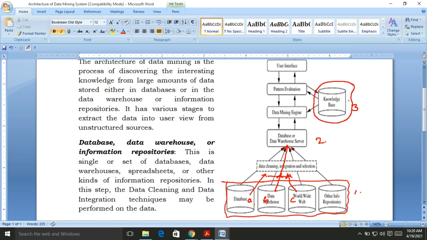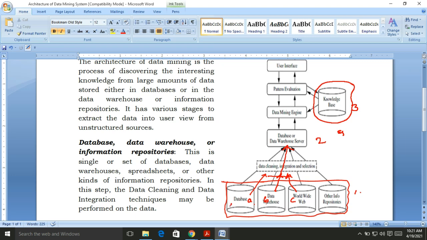The knowledge base indicates what kind of data we are going to mine, what we actually want to mine from this data, which is integrated, cleaned and updated in the data warehouse server. For example, let us consider the data warehouses in step 1 consisting of student data.